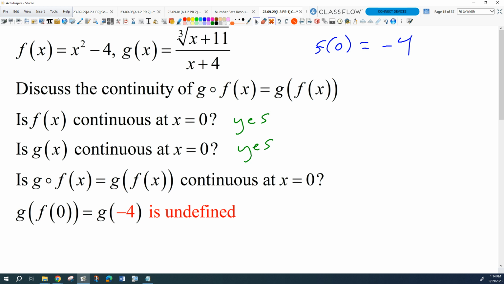Seldom would you look at these two things separately like this. Sometimes we just did, but if we wanted to calculate g of f of x, we would probably go back here and say, okay, well, what would that be? g of f of x means I'm going to plug in f of x into this pattern, right? So g of f of x then